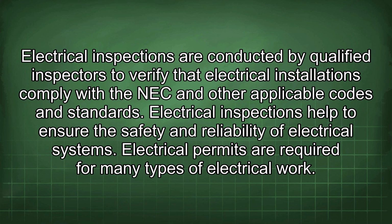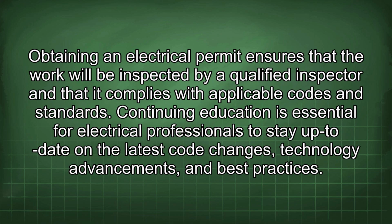Electrical inspections are conducted by qualified inspectors to verify that electrical installations comply with the NEC and other applicable codes and standards. Electrical inspections help to ensure the safety and reliability of electrical systems. Electrical permits are required for many types of electrical work. Obtaining an electrical permit ensures that the work will be inspected by a qualified inspector and that it complies with